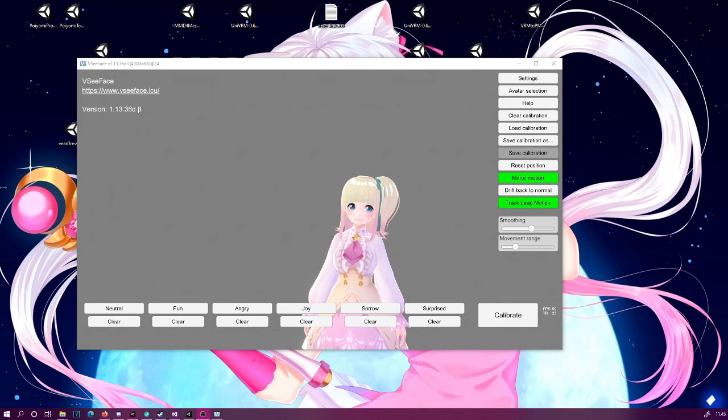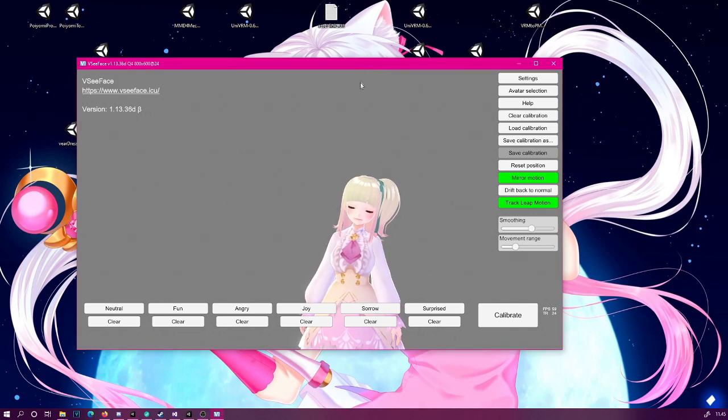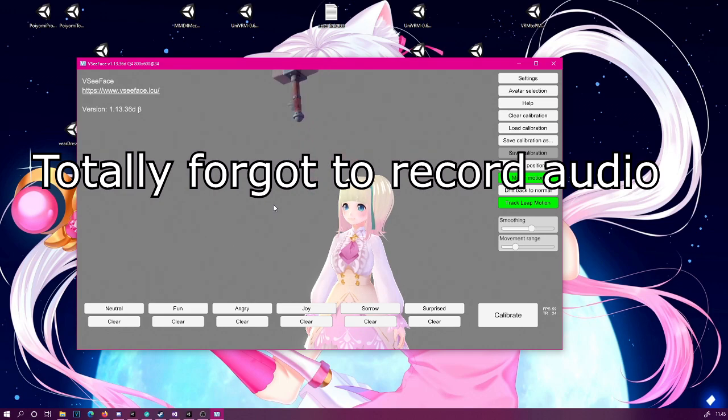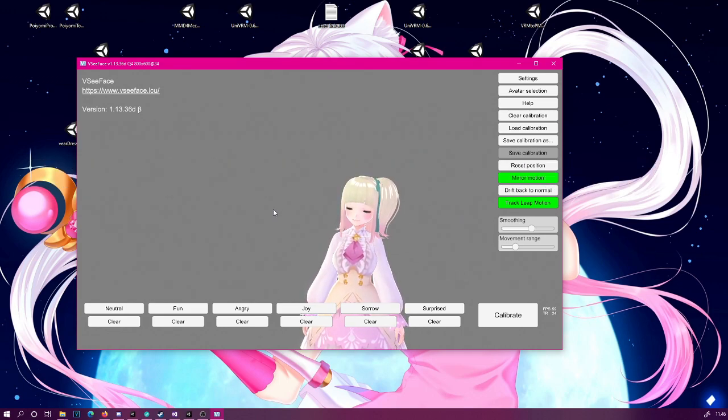Okay, so now that we are in VSeeFace and try to play the animation, we will notice right away a few issues with the animation. Now, first of all, as you can see, the animation keeps looping. And the second one is that it doesn't stay in place when we start the bonking operation. This is because we did not save the position while we were doing the bonking. So let's bring up Unity again and go fix that next.